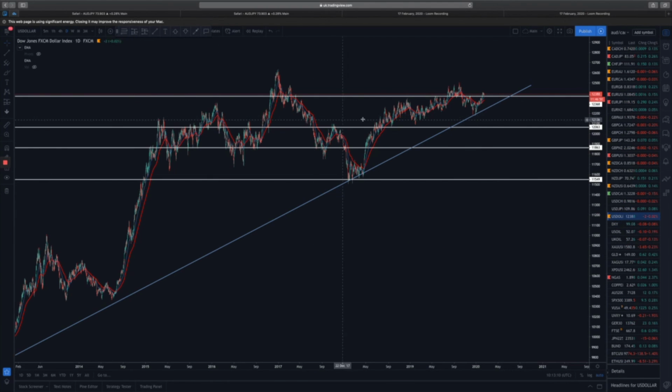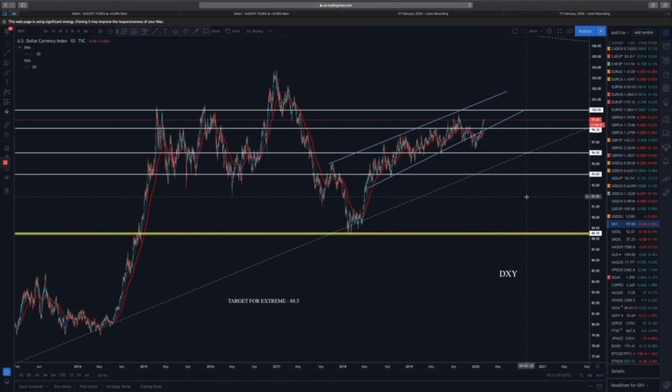FXCM dollar index is the same. It is just being pushed. It's just being squeezed. I prefer the weighting of DXY really, just the way that I trade, but interesting to watch, so we will put them